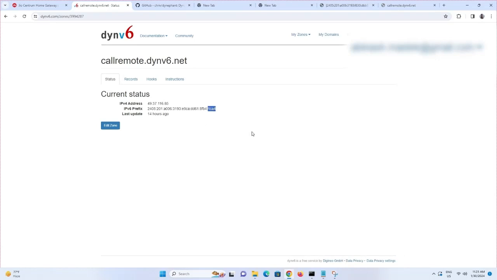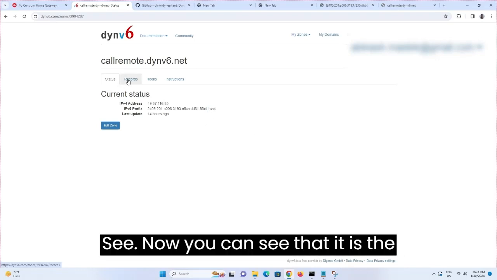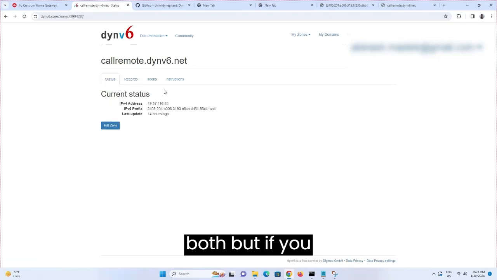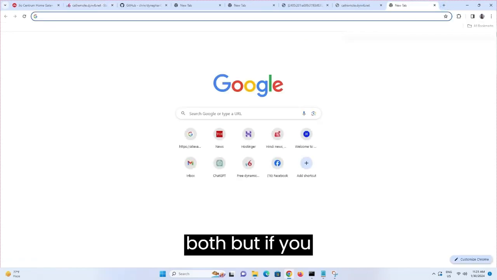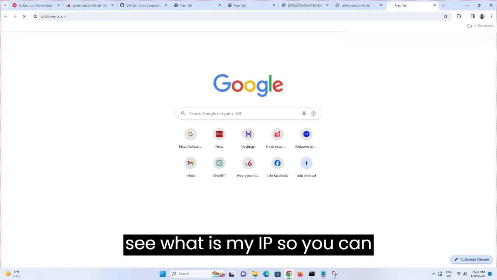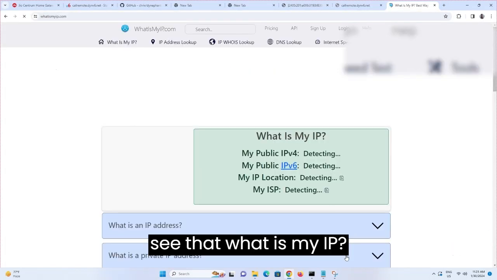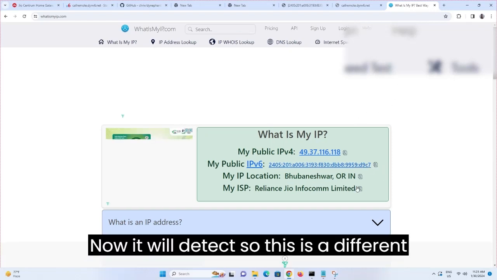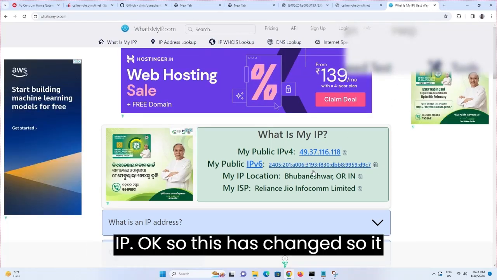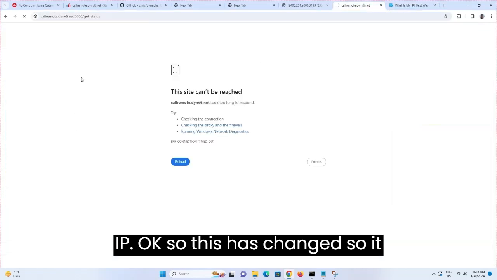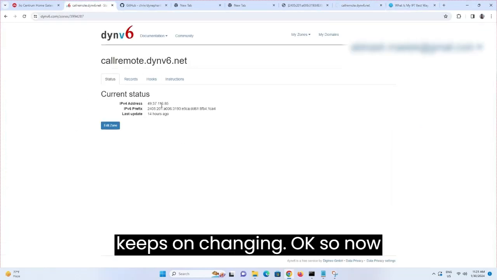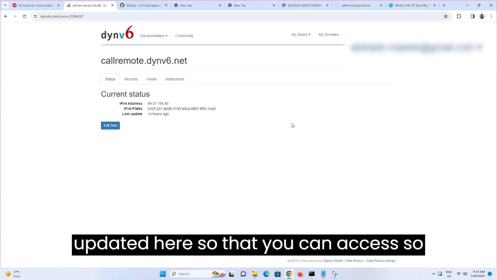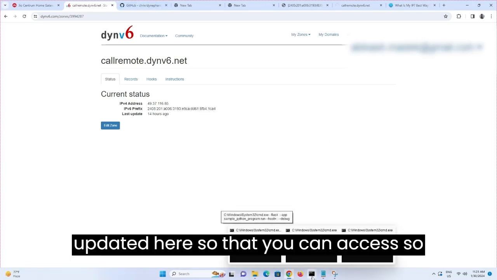So for that, see, now you can see that it is the same for both, but if you see what is my IP, you can see that what is my IP now will detect, so this is a different IP. Okay, so this has changed, it keeps on changing. So now I want that IP to be updated here so that you can access. So for that